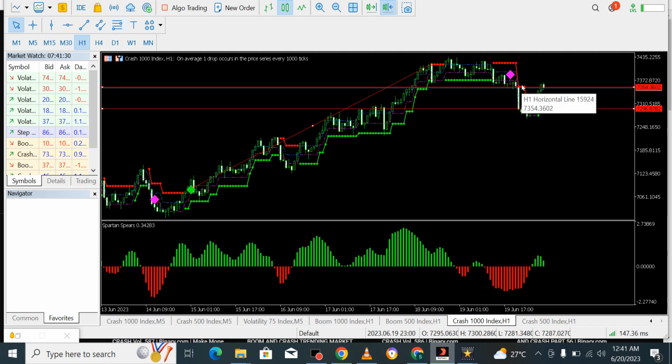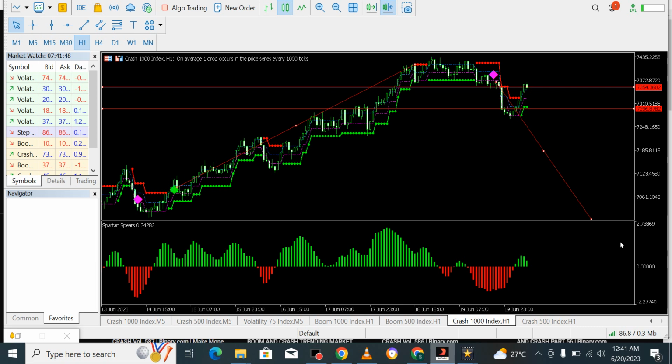So which means if we come in here and start selling, then definitely we will be in profit, and it's going to sell for a very long time. It might not get started today, but it's going to sell for a very long time. It's going to go down gradually. It might not be straight, but it's still going to go down gradually until it gets back to this support